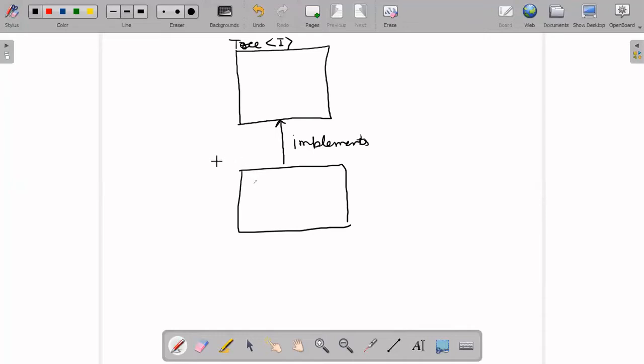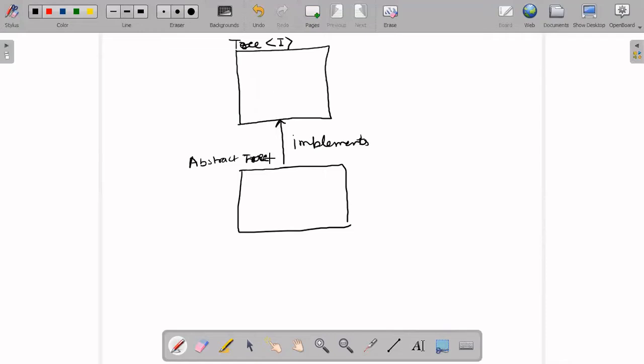So this is abstract tree, and this is a class.